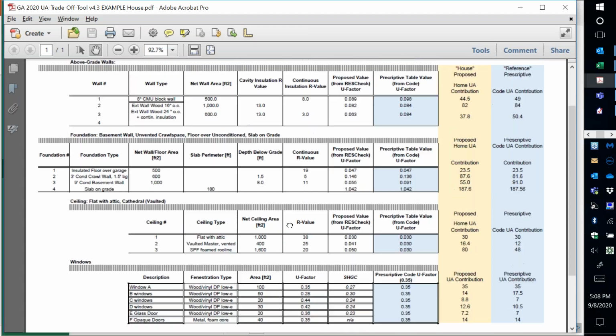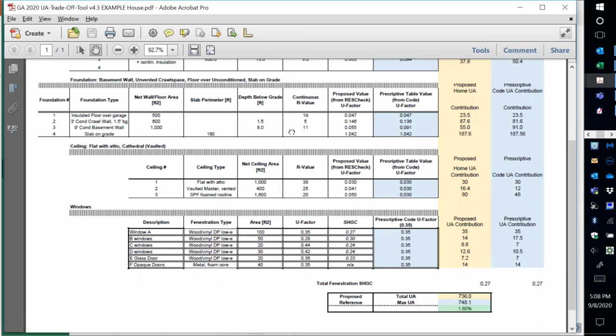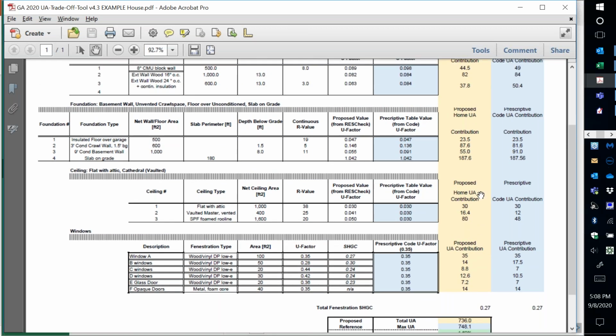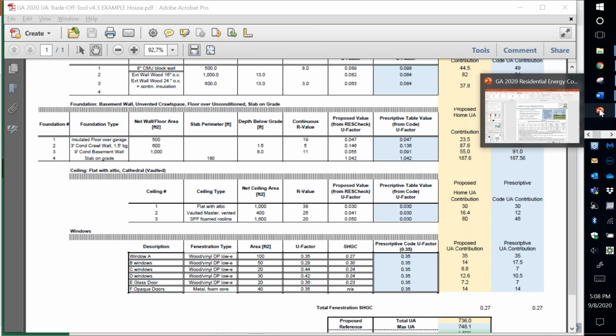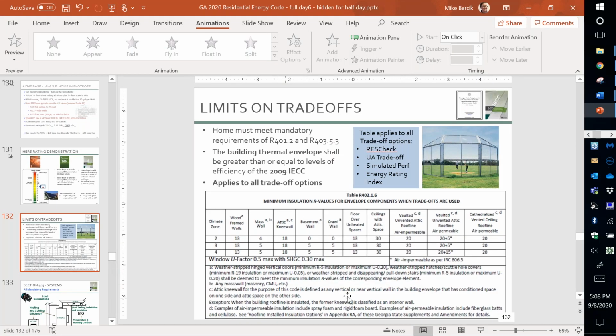Yeah, I'm not saying it's pretty, but it is a way of doing a trade-off by hand. And now it's prettier than if we had to scribble it with pencils. Yeah, that's true. Yeah, definitely easier. And we're using one of the virtues of ResCheck, which is a really nice feature